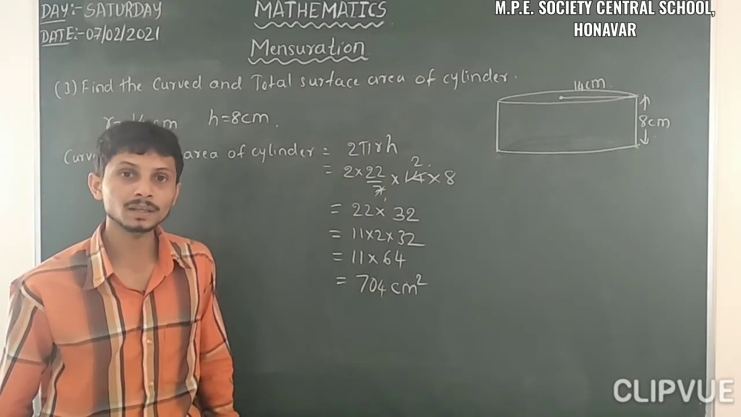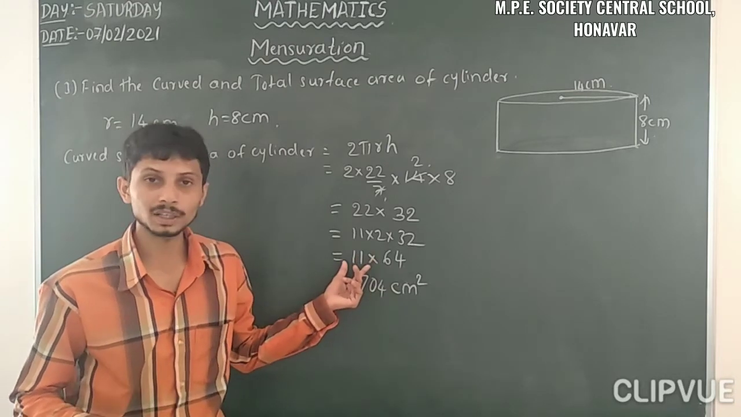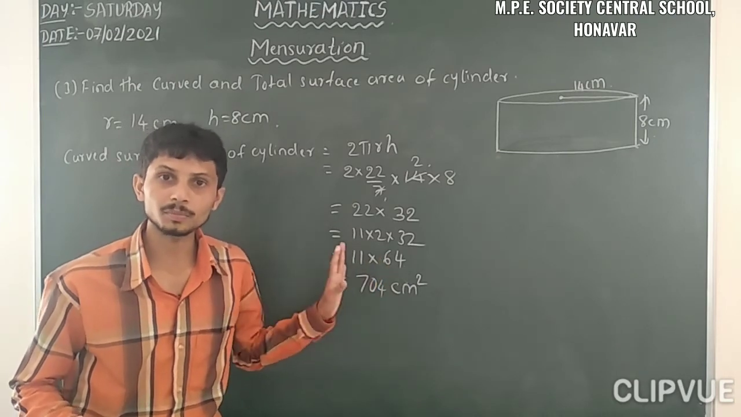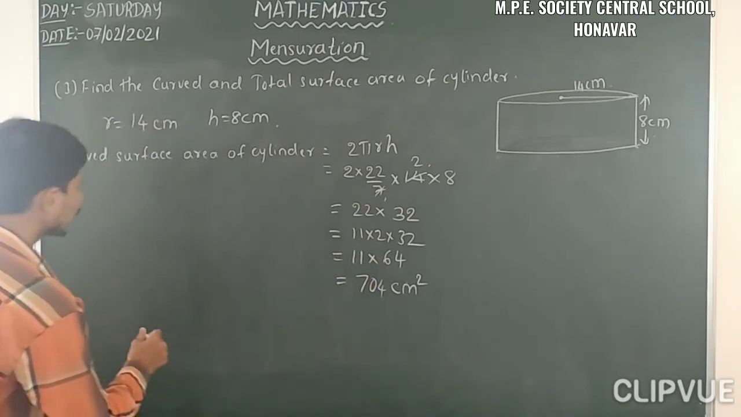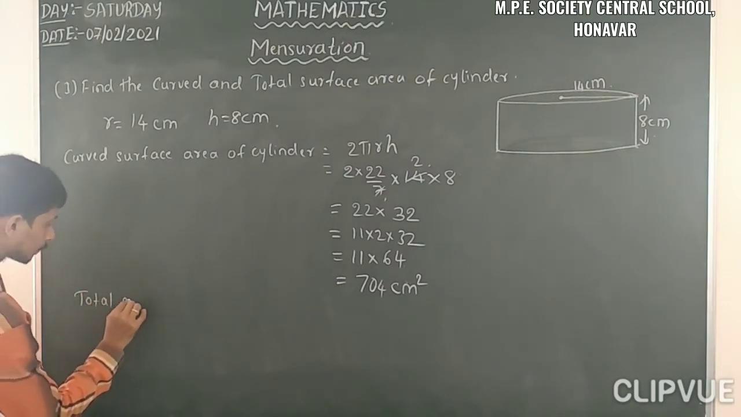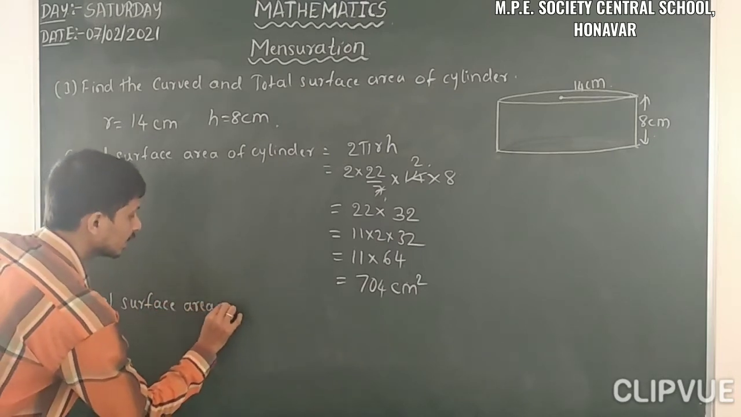Likewise we can multiply. So which multiplication table is easier to us? So we have to multiply, or we have to convert into the form of those multiples. Then let us take the total surface area. Total surface area of cylinder